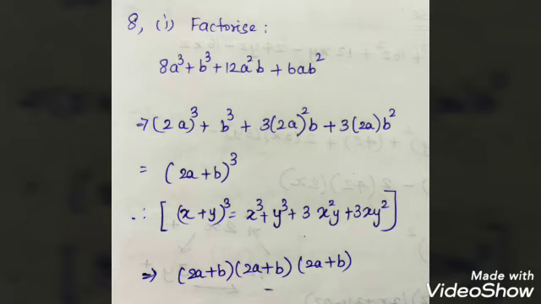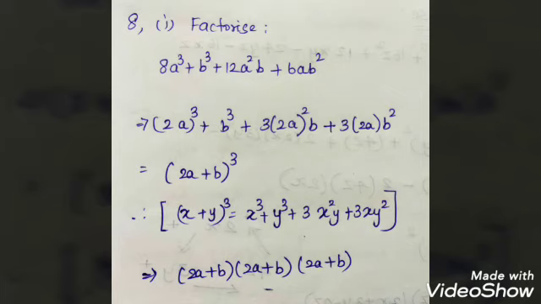After seeing this, we can come to one judgment. This is an a cube plus b cube form. So obviously, first we have to find the perfect cube. The perfect cube of 8 is 2, right? So (2a) the whole cube. Then the perfect cube of 1, because the coefficient of b cube is 1.